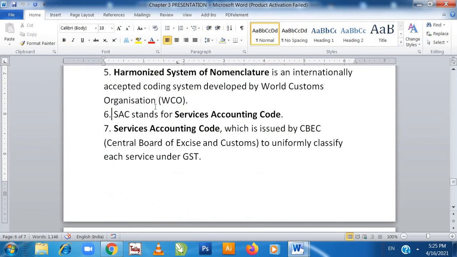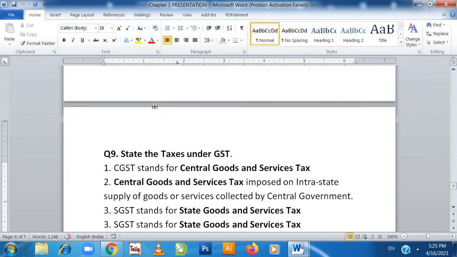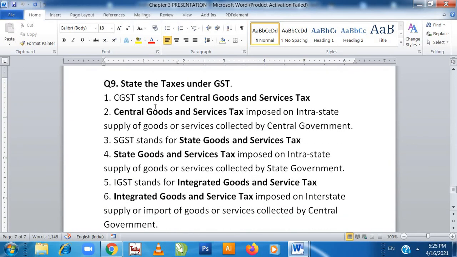Now I'll go to another question, that is question number 9. State the taxes under GST. Now in GST, the three primary taxes are CGST, SGST and IGST. Now CGST stands for Central Goods and Service Tax. This tax is imposed on intra-state supply of goods or service collected by the central government, so that is within